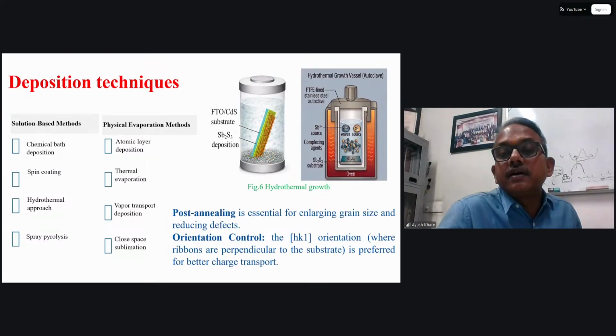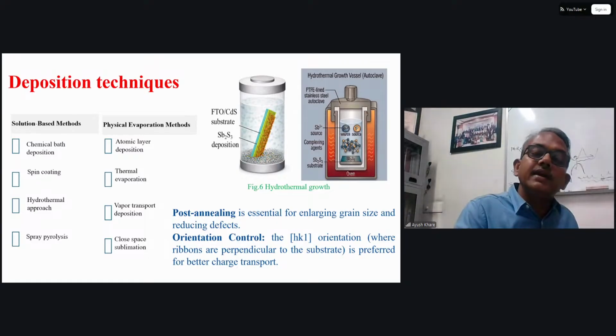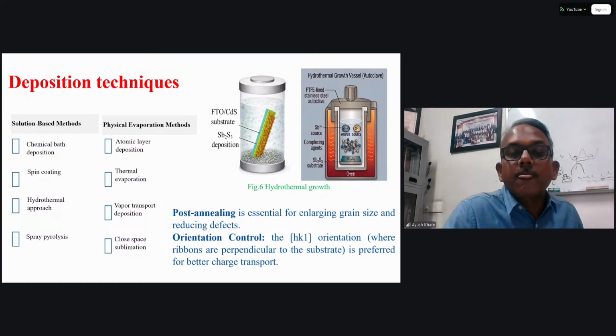And also, as I told you earlier, these HKL values, or orientation of the material, also play certain roles. Crystal structure also plays some roles. So that has to be optimized, manipulated, and modified in a way so that it delivers more and